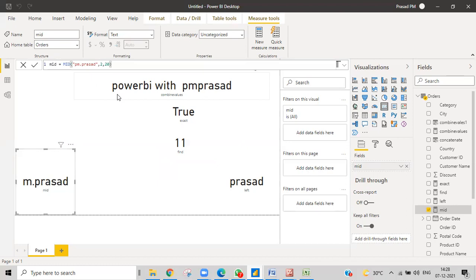But I want to make it very complex or dynamic. Right now I want the number of characters that are there after the dot position, and I need to get them using this MID function.